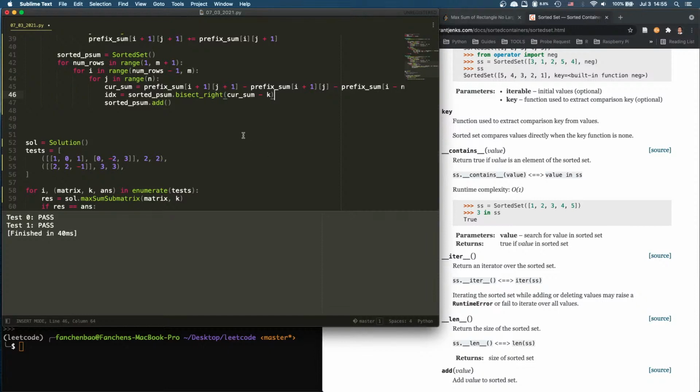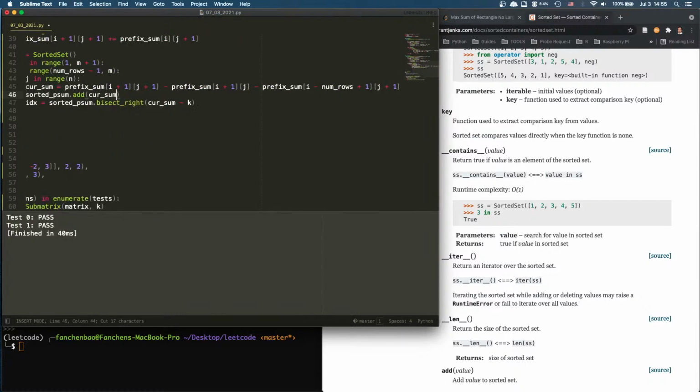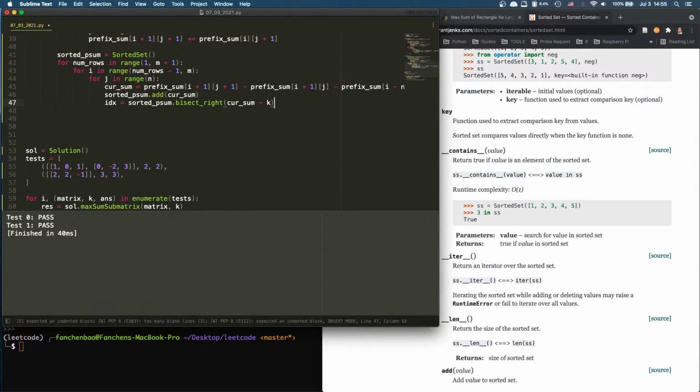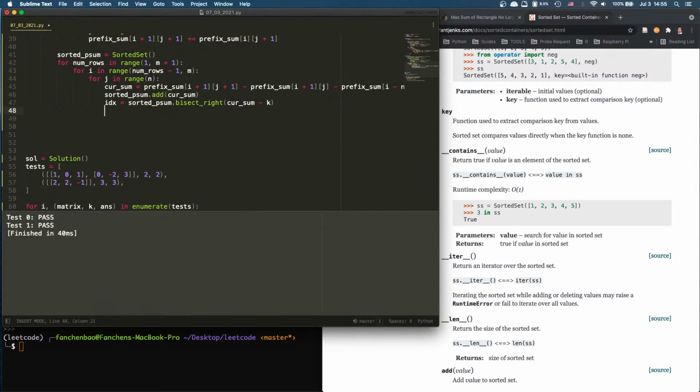So we say, or do we add it first? We can add it first. And then, yeah, we can add it first actually. Because it's not going to matter too much. We can add the current sum, right? We add the current sum to sort this, and then we look for it. And then whatever value we find, right, whatever value we find,